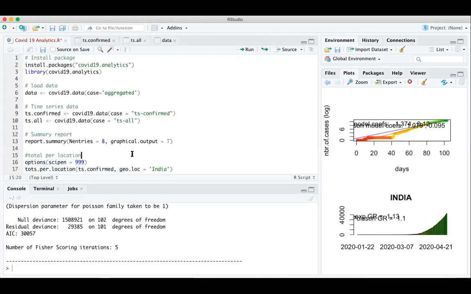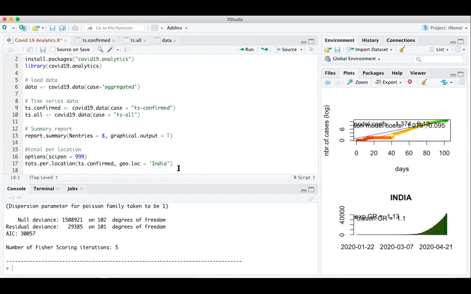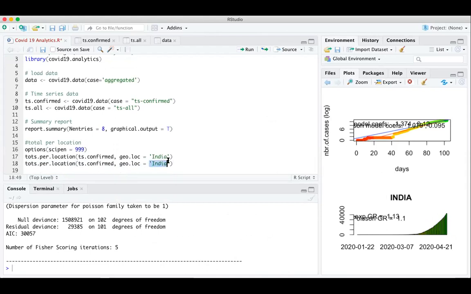If you want to plot multiple countries for this location, then you can change it here. For example, you want to see India and Pakistan or China together. So the data can be changed like c, and let's say India, with capital I, and let's say US and China, and let's execute the command.